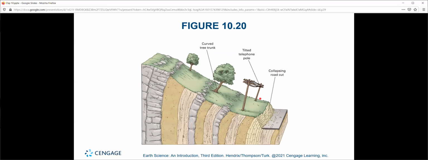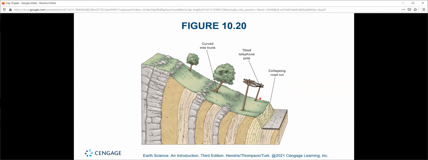As shown here, good evidence of mass wasting, of the slow creep, the slow crawl of soil, is curved tree trunks. I'm sure you've seen on slight hills trees that have been bending up. That's because when those trees started growing, they were more or less vertical. But the ground that they're in has been slowly sliding down, causing the tree to have to readjust and continue trying to grow vertically.